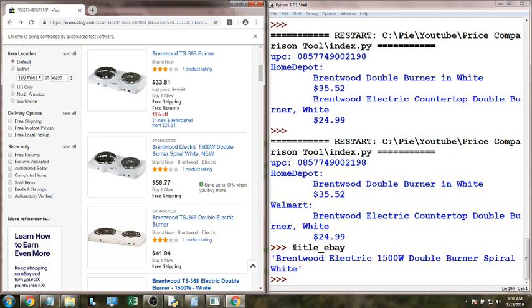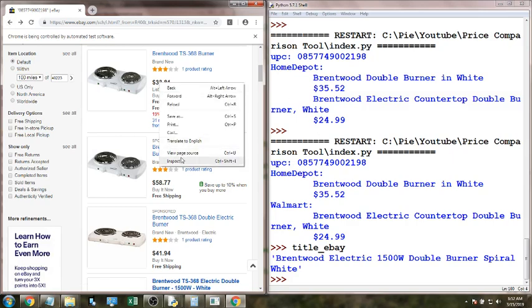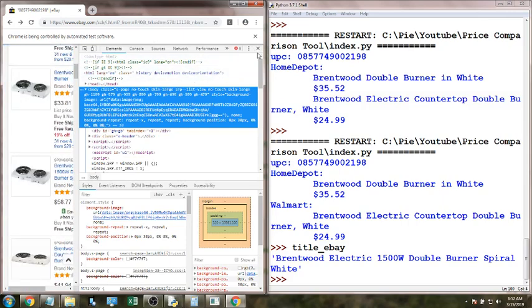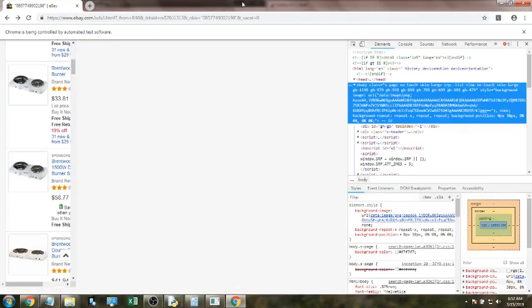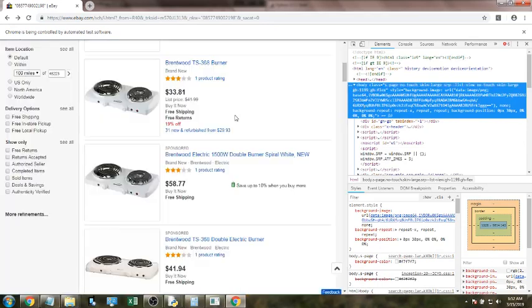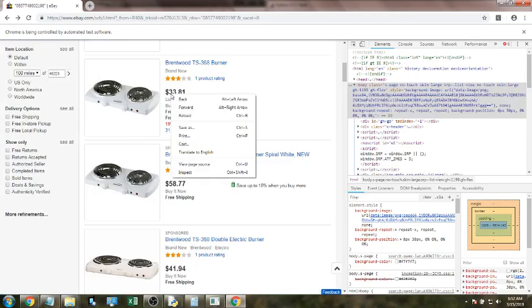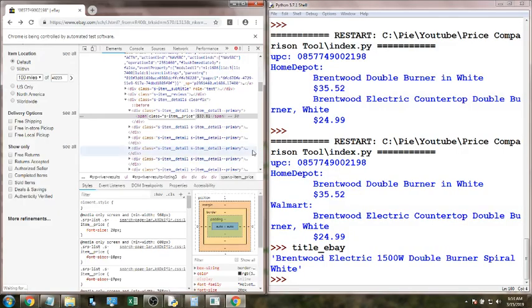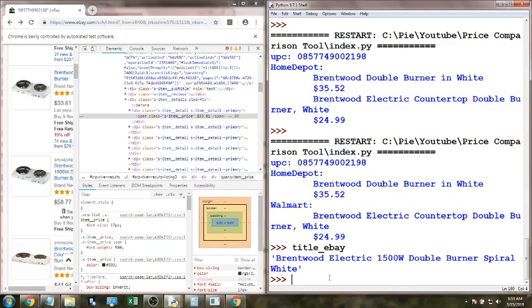So we got the title, and I said I want the price. Just the same way that we got the title, we're going to get the price, but instead of getting .text on just that one item, we're going to get the total list and then take the average of the items in that list. So this is s-item__price, span class s-item__price. So anyway, so title